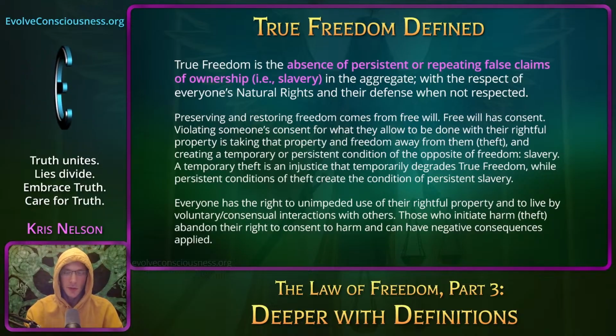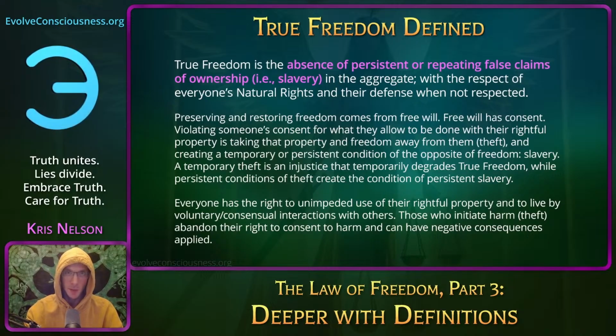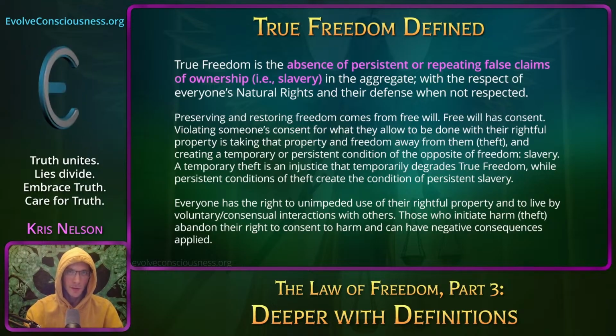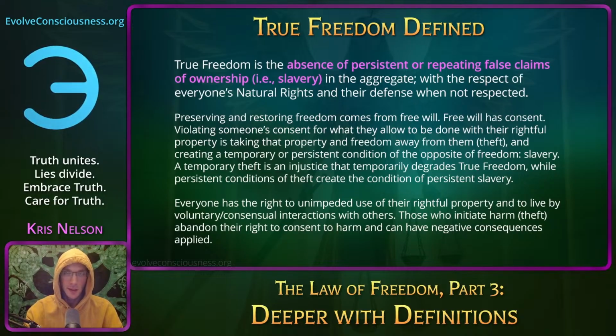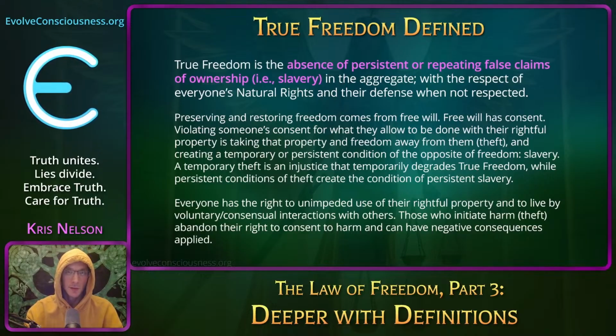And when it's repeated over and over and it keeps happening, well, that means your condition is where you have false claims of ownership repeated, and that's the coercion we live under threat of greater violence if we don't comply with the commands of our would-be rulers and masters. So when it's persisted, then you have slavery. And that's when true freedom is degraded and gone permanently. And if it's not repeated, then it's just an instance where true freedom goes down and then it comes back up.